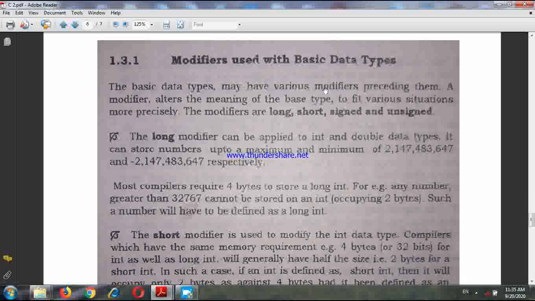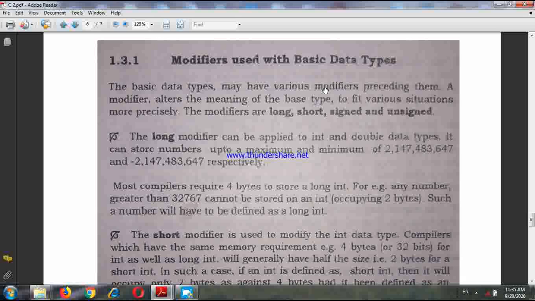Then modifiers. Modifiers basically change the meaning of the data type. For example, int reflects that the concerned identifier is of integer type.